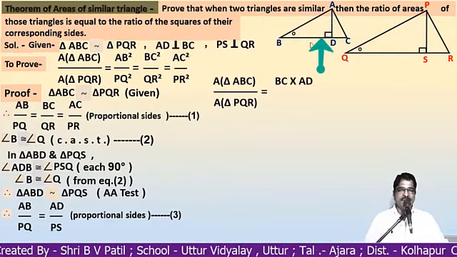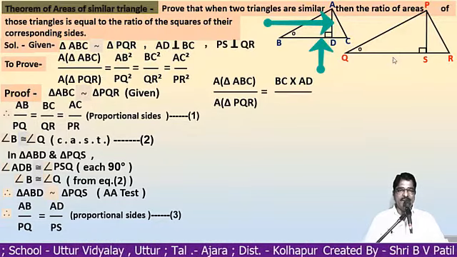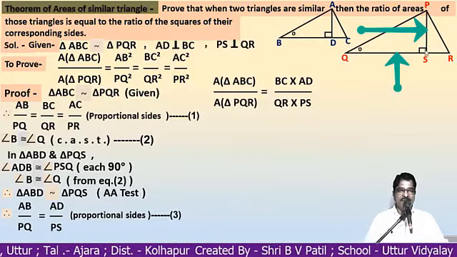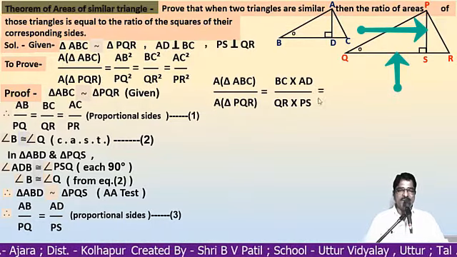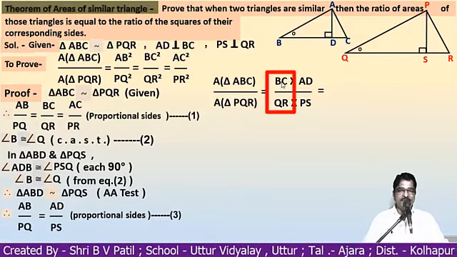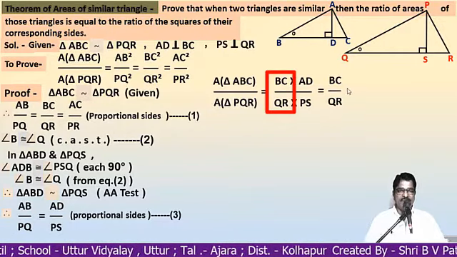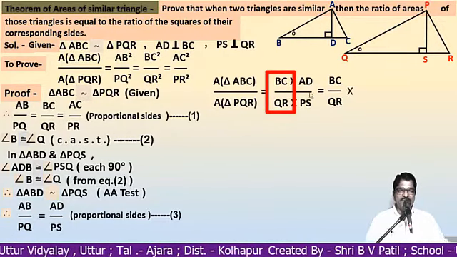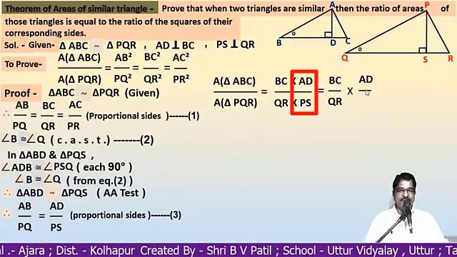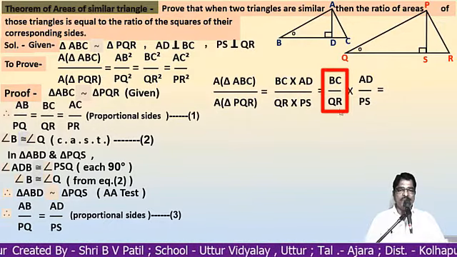Means base BC into height AD divided by base QR into height PS is equal to, we write separately, BC divided by QR into the term AD divided by PS, is equal to the value of BC upon QR,